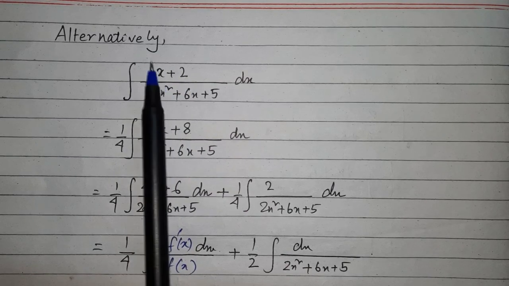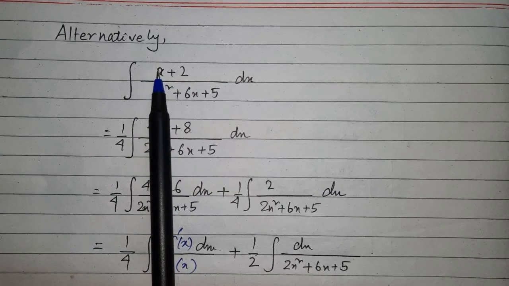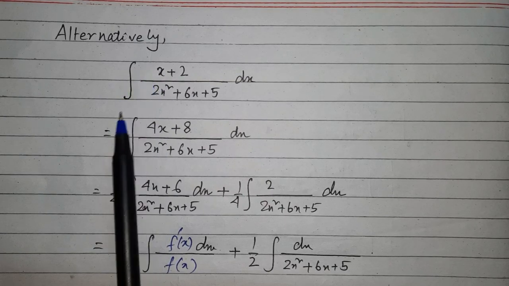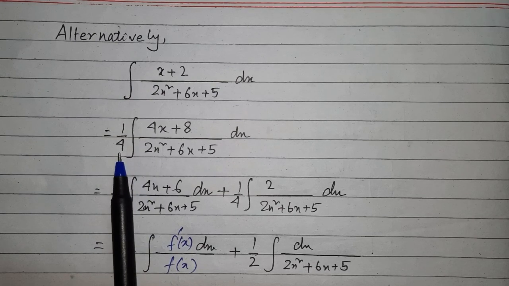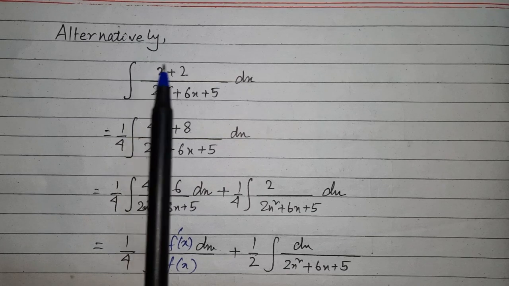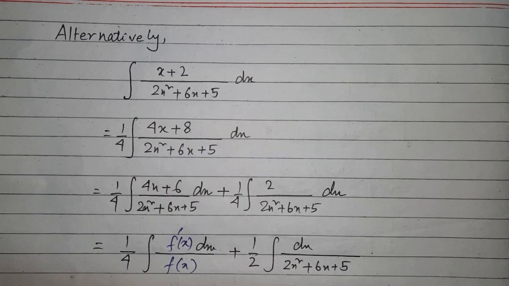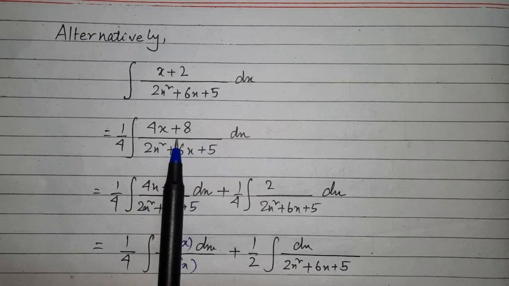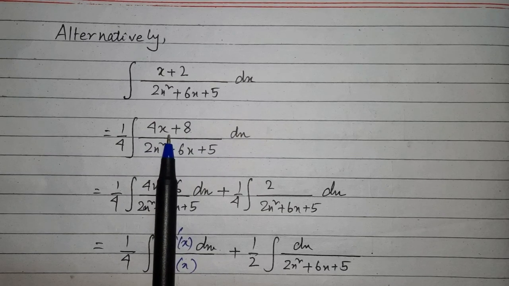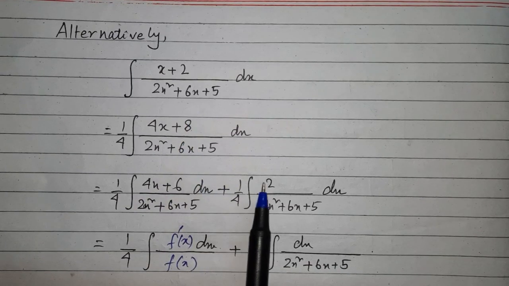So for that, now first of all, I will see how to find out 4x here. Now 4x is first, we need to make it. So for that we need to divide and multiply by 4. So I have divided by 4, multiplied by 4. Now the thing is, if I multiply by 4, that 4 will multiply with this 2 also, then it will make it 4x plus 8. But I need 6, 4x plus 6. Very simple. Take out the 6 from this 8. So it will be 4x plus 6. Then 2 is there. So this 2 will be outside.